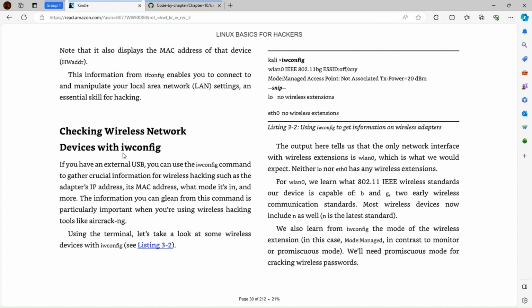Checking wireless network devices with iwconfig. If you have an external USB adapter, you can use the iwconfig command to gather crucial information for wireless hacking, such as the adapter's IP address, its MAC address, what mode it's in, and more. The information you can glean from this command is particularly important when you're using wireless hacking tools like aircrack. Using the terminal, let's take a look at some wireless devices with iwconfig,